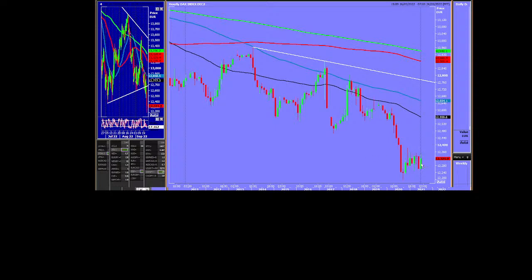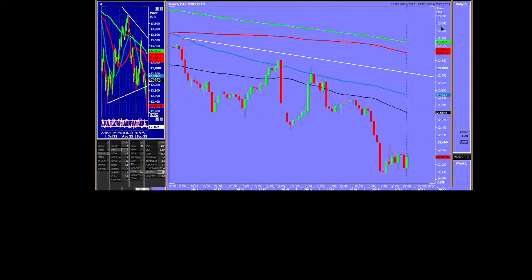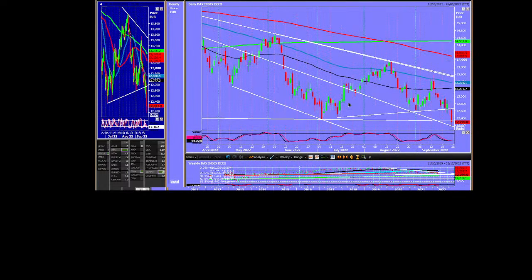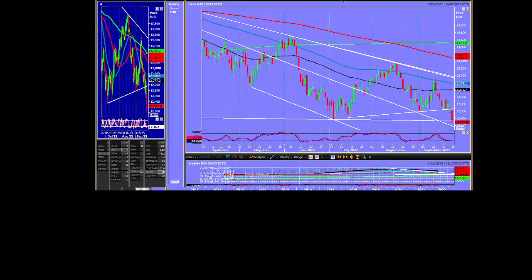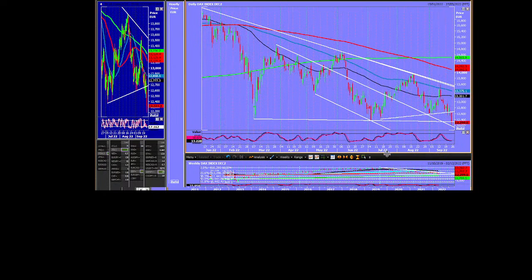Oh, we had quite a bounce back on Friday, right into the close. It's quite resilient, this market, isn't it? But I think it's got to go down. I know the Bund yields are through the roof, which is interesting. Okay, so the daily chart is only showing us really that we're breaking down.